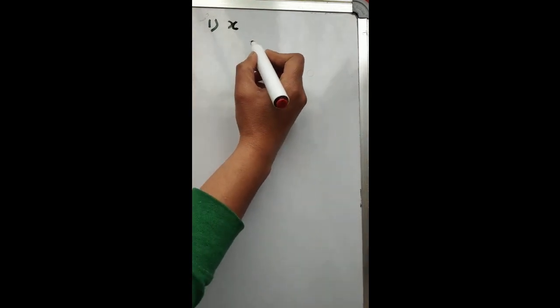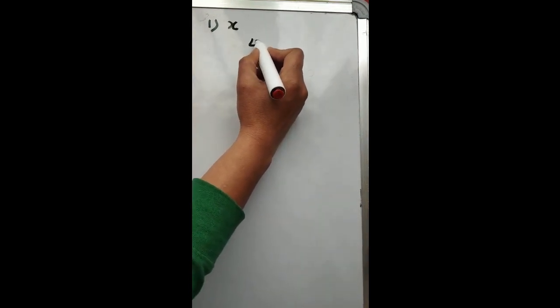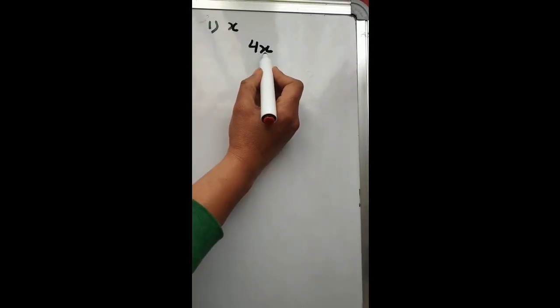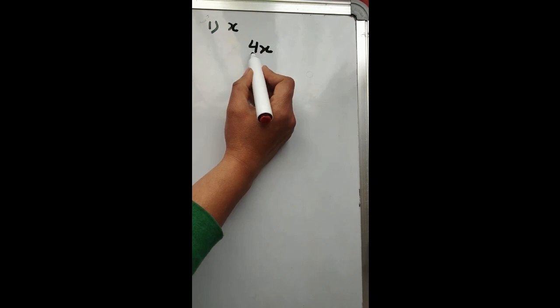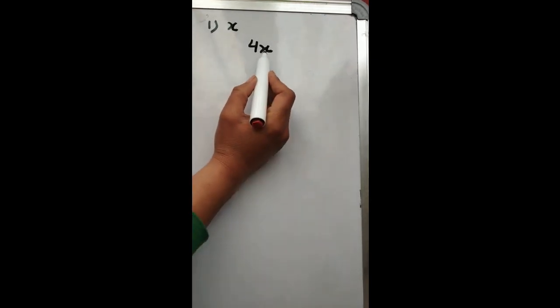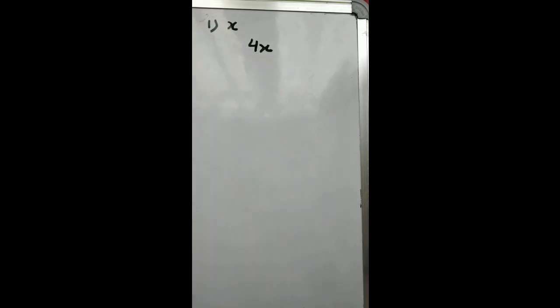So, if we have 4x, what does this mean? That means some number is missing and 4 is its frequency. Means 4 times that number. That number can be the cost of anything, the count of anything, or the weight of anything. If it is the cost of something, then 4 times that cost. If it is the height or the length of anything, then 4 times that length. So 4 is the frequency of this. Okay? You are aware of this.